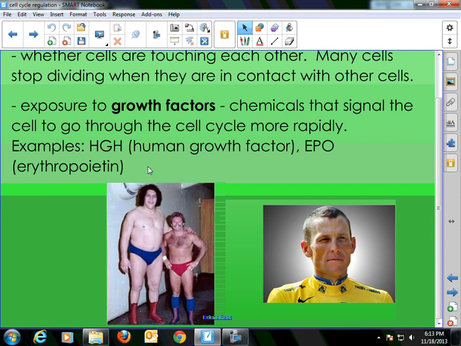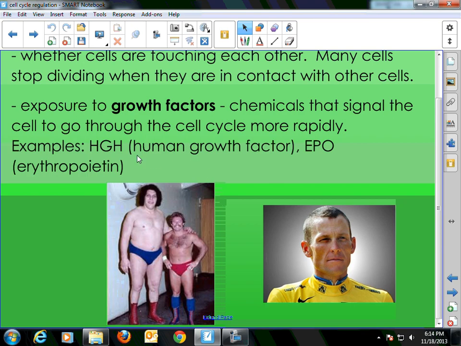The problem was he had a tumor in his brain where his pituitary gland was, and his body produced way too much of this human growth factor. And so even from a very young age, he grew really rapidly and grew very, very large. Although there may be some advantages to being a very large person like this, Andre did not live long. He died in his early 40s due to complications with that condition.